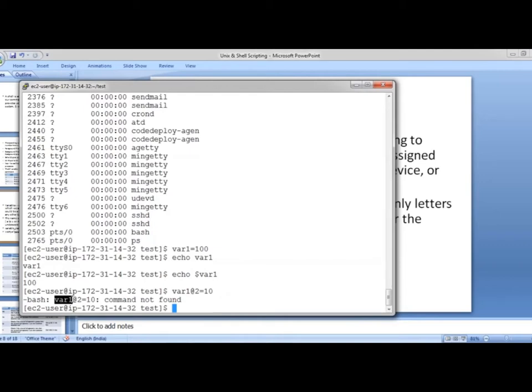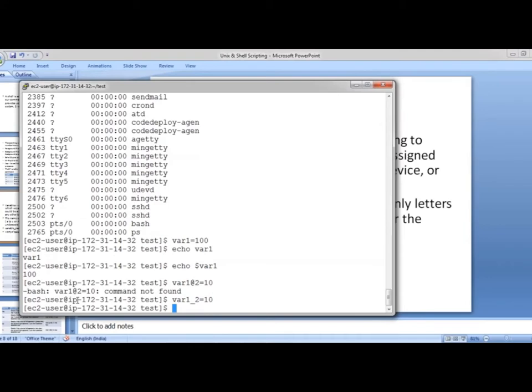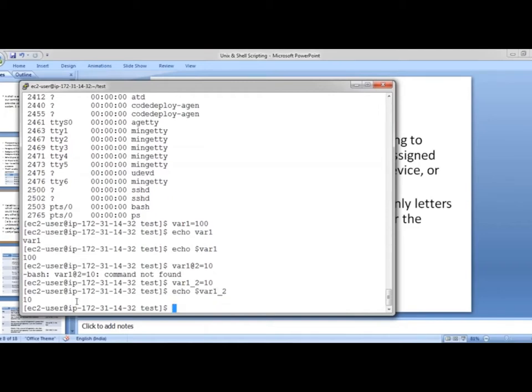If you give var1@2 equals 100, where the at the rate is not allowed, it does not work. Otherwise it prints its value.